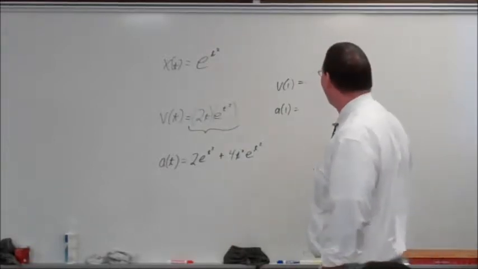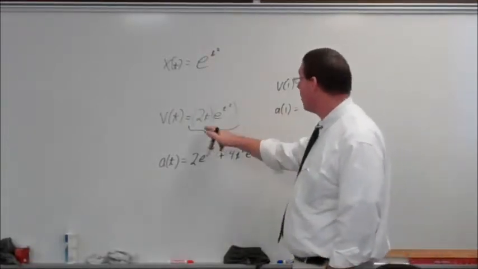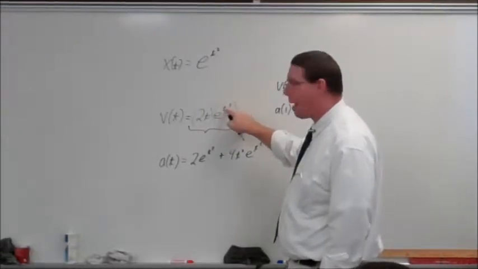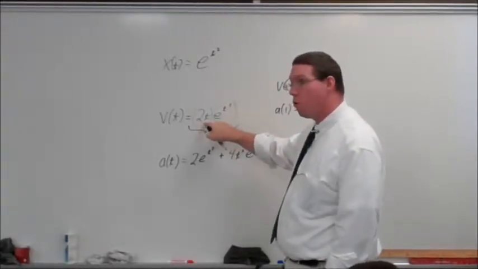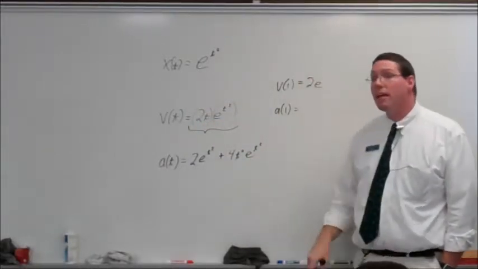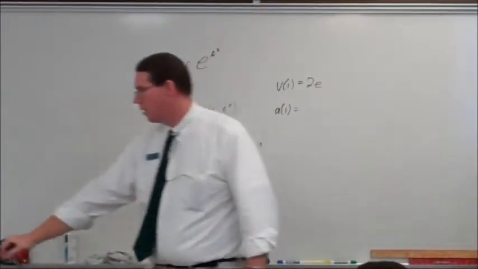So that'd just be 2e for velocity? Yes, velocity would be 2e. Note, e, 1 squared is 1. E to the first power is e. 2 times 1 is 2, so it's 2e. So velocity is simply 2e. And 2e is a better answer than